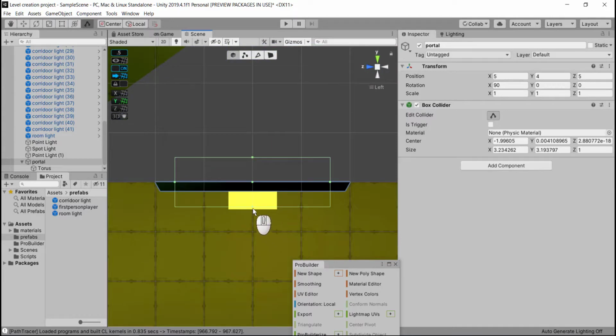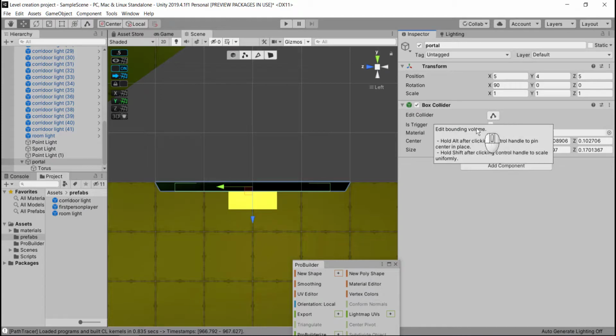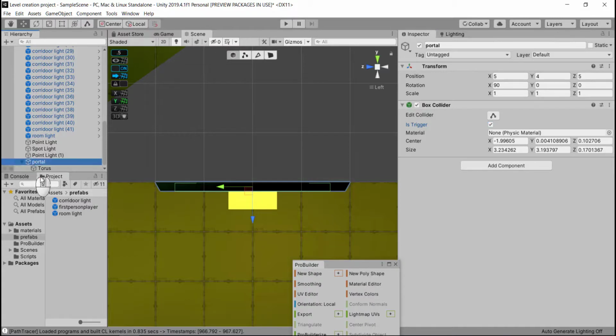You can see the collider is not thin enough. I'm going to reduce the thickness a little bit. Yeah, cool. And I'm turning off the editing and check on the is trigger property for this box collider, and we